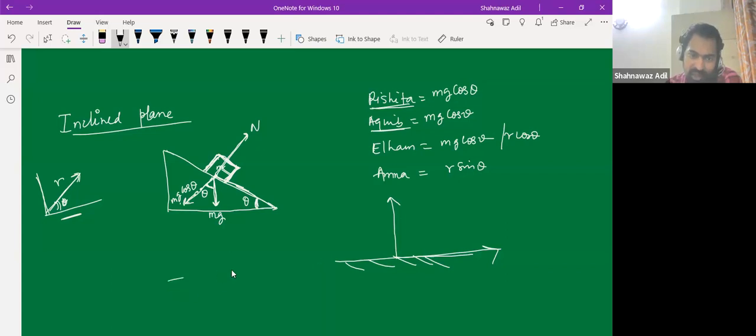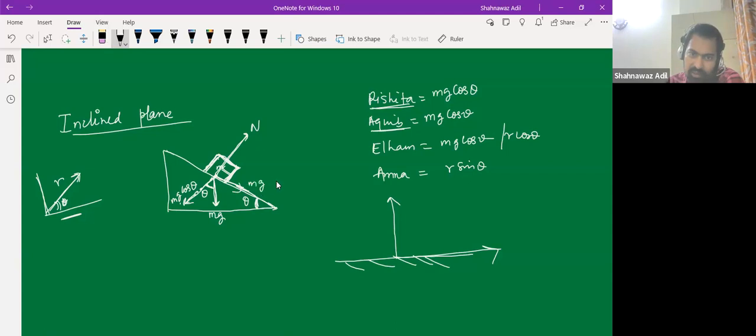So whenever we write any component which is making an angle theta, this is always r cos theta, right? And the perpendicular one is r sine, right? Understood this part, Amna? Yes, sir. Okay, so then we have this part which is